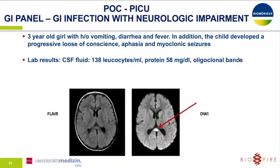And then, of course, we performed CSF tapping and analyzed the CSF fluid. We saw an elevated number of leukocytes and protein, indicating some kind of inflammation here. And what we always do, and I don't want to necessarily recommend that, but if we have children that are presenting in a really bad overall situation, we more or less test every fluid and every secretion that